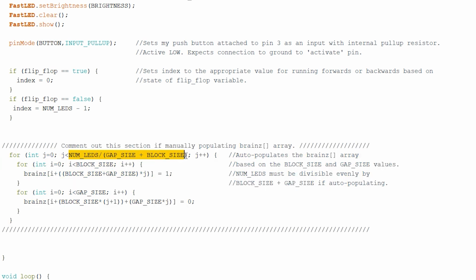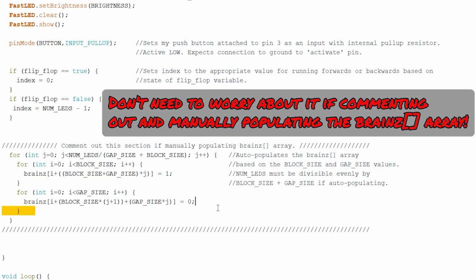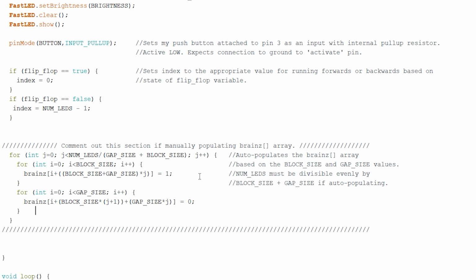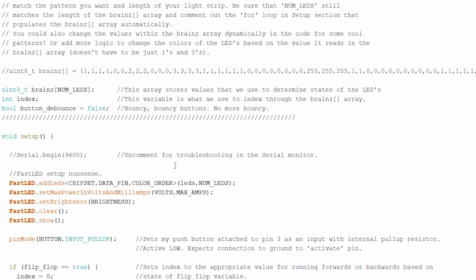And this part here is why you need to make sure that gap size plus block size goes into numLEDs evenly when setting those values up at the top. I'm not going to go over how this part actually works since I covered that in the last video. It's slightly different than what I was using in the running section of the previous code, but it's still the same principle. And also, if you're commenting this out to manually populate the brains array, don't forget to switch the brains array you're using up here.